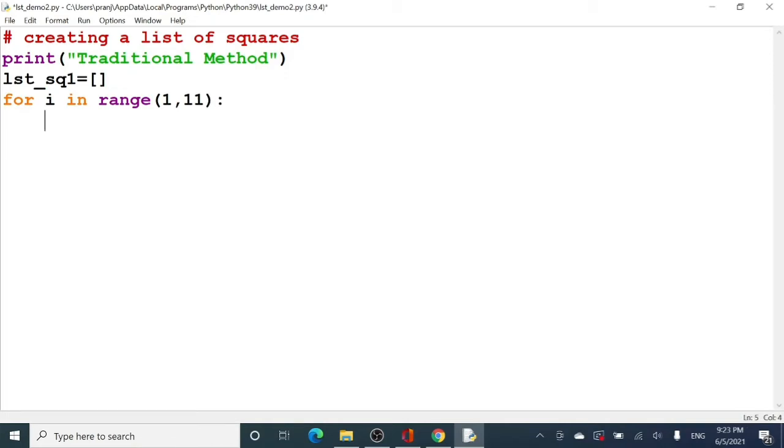And what I will be doing is the name of my list, that is lst_sq1 dot append function, and what I want over here is the square of each iterable value of i, right? And at the end I will be printing my list, that is lst_sq1, right?